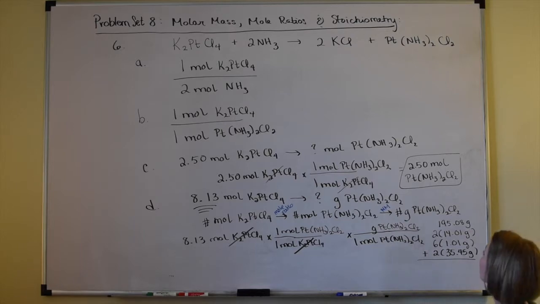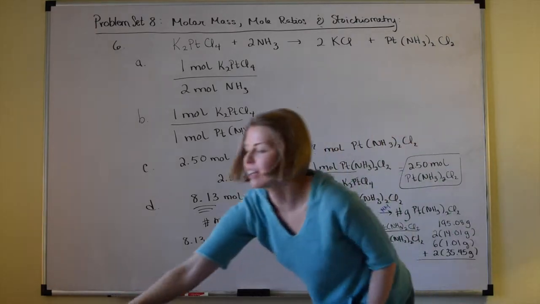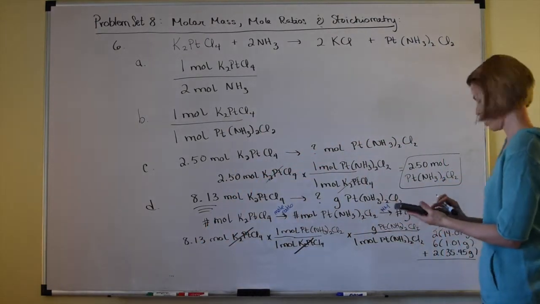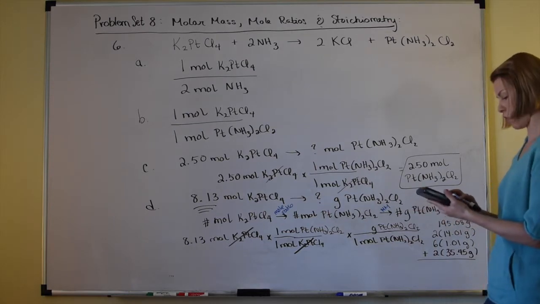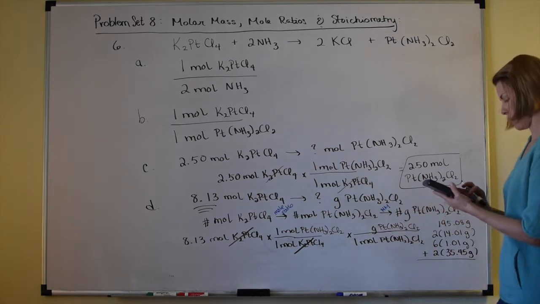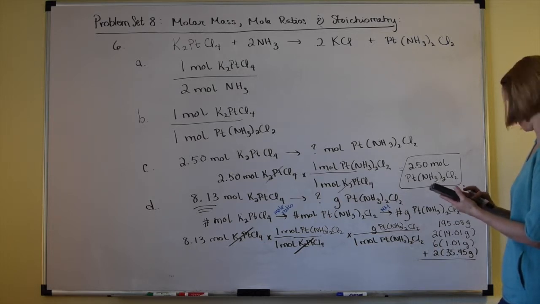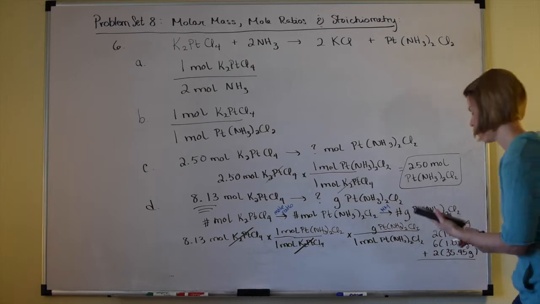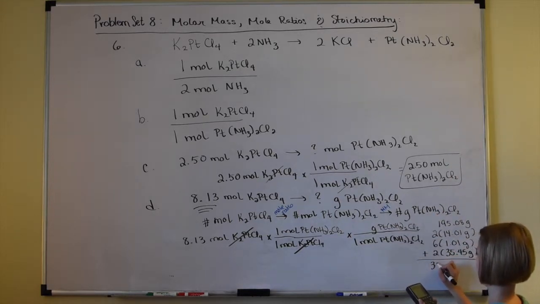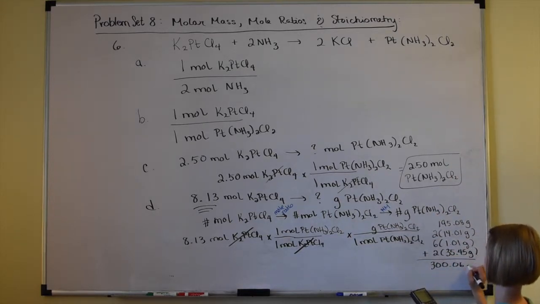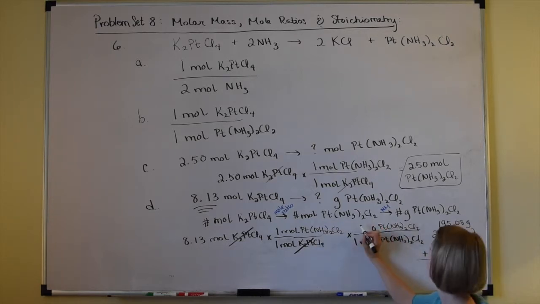Whew, it's a lot to add up. Okay, gonna need a calculator here. 195.08. Adding in my 28.02 for my nitrogen, adding in my 6.06 for my hydrogen, and my 2 times my 35.45. My goodness, we get 300.06 grams per mole. Okay, so that's the number that goes here,